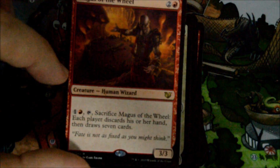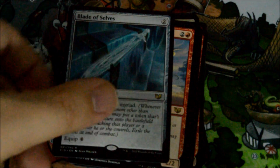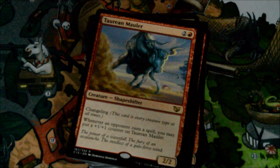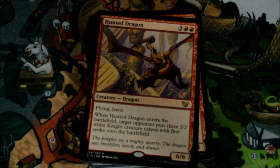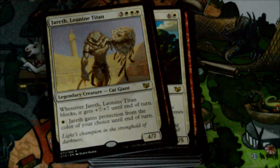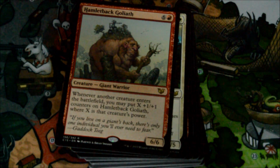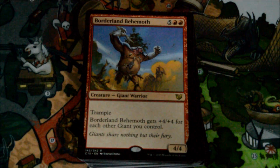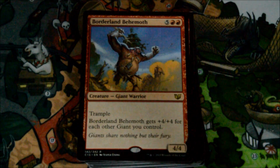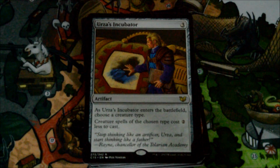This particular Magus gets to kind of cast Wheel of Fortune, so pretty cool. Kolmane's Captain, Dawnbreak Reclaimer, Dream Pillager, Blade of Selves, Tarian Mauler, Desolation Giant, Famuko the Lowblood, Hunted Dragon, Sunrise Sovereign, Hammerfist Giant, Hostility, Jareth Leonin Titan, Victory's Herald, Hamlet Goliath, Arbiter of Knowledge, or I'm sorry, Arbiter of Knoll Ridge, Borderland Behemoth, Magma Giant, Luxodon Warhammer, Urza's Incubator,